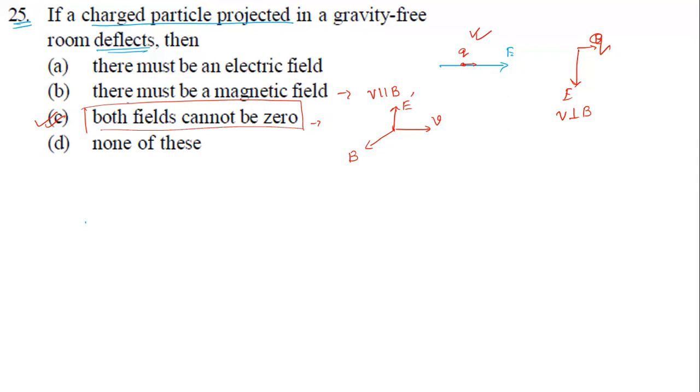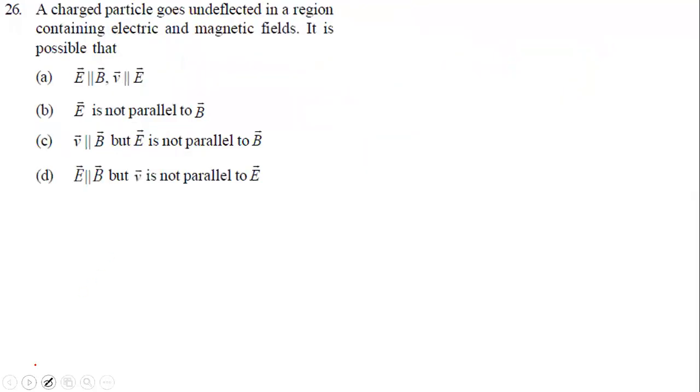Okay, there is only electric field, there is only magnetic field, there must be a magnetic field. Okay, so we're going for the third option now. So I'm going to search for this answer once again. I'm going to search once again for this question. So let us discuss that one in this class also. Okay, yes. Question number 26 now.